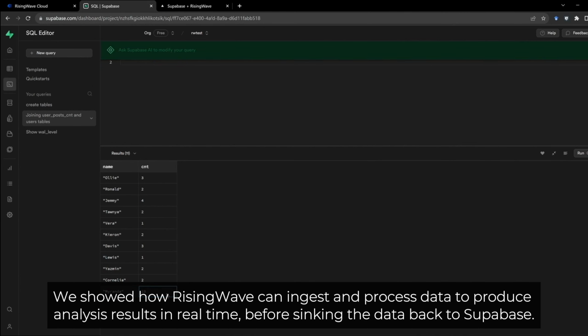We showed how RisingWave can ingest and process data to produce analysis results in real time before syncing the data